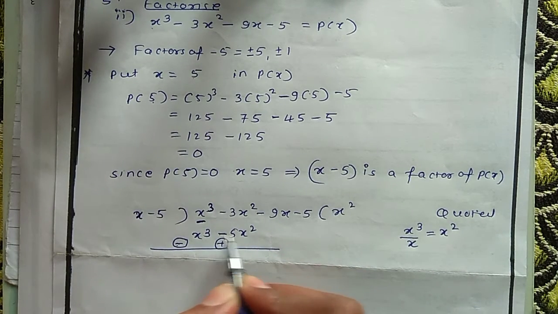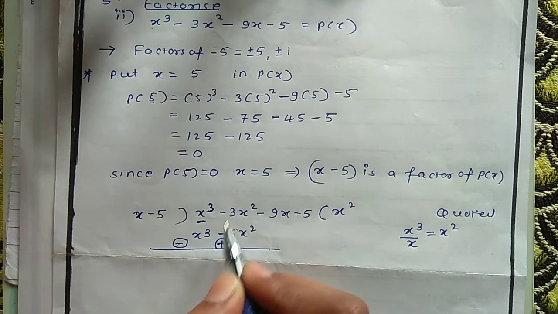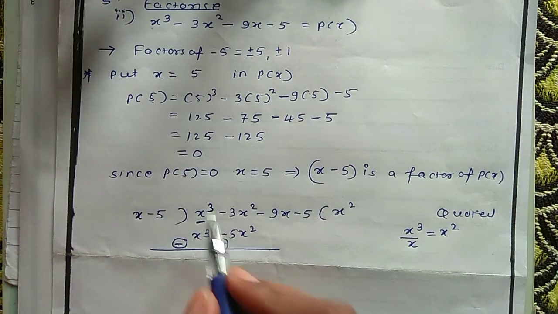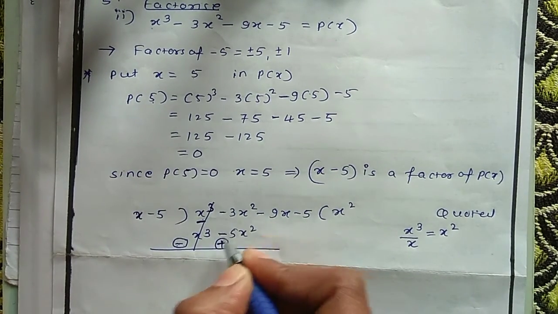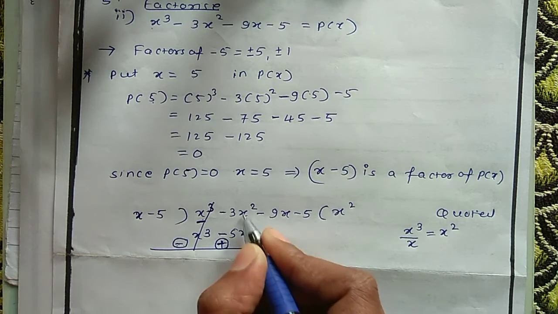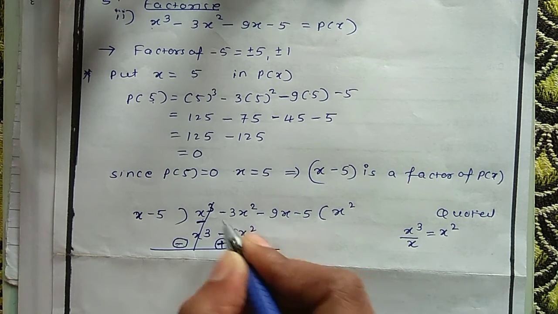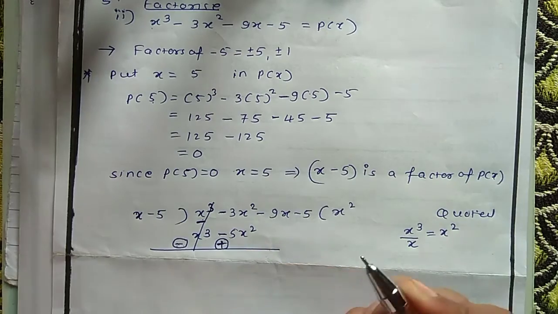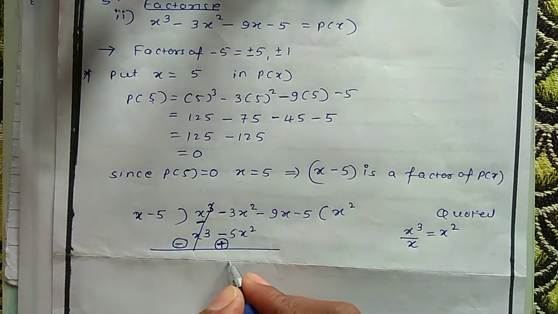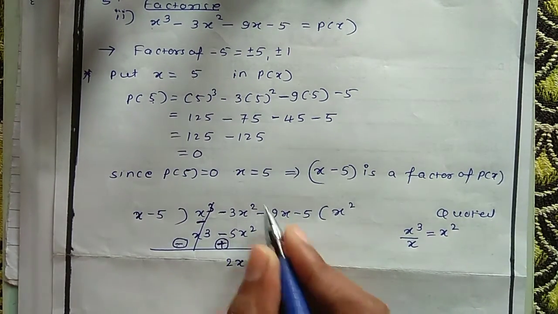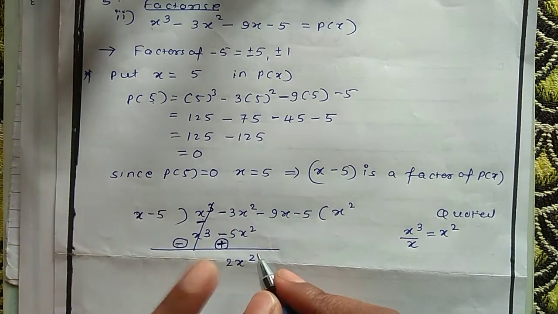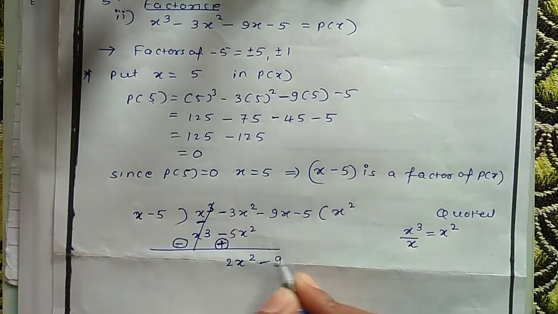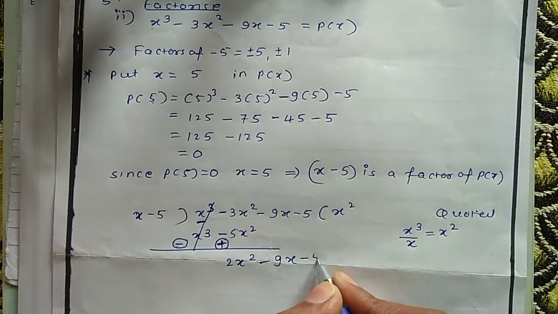Now these second row terms will get these new signs, and then according to the sign you have to follow the addition or subtraction. x cube minus x cube will be 0, minus 3x square plus 5x square. So we can operate this because both are like terms, but one is minus, one is plus, so we have to subtract. 5x square minus 3x square will be 2x square, and the sign of the greater digit, that is 5, plus sign, and here no need to put the sign. Minus 9x as it is, minus 5 as it is.